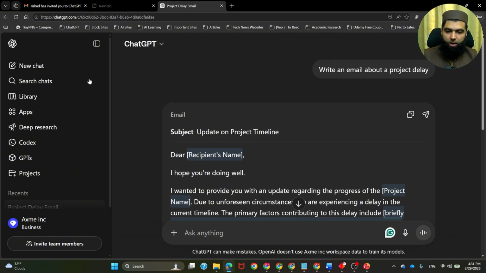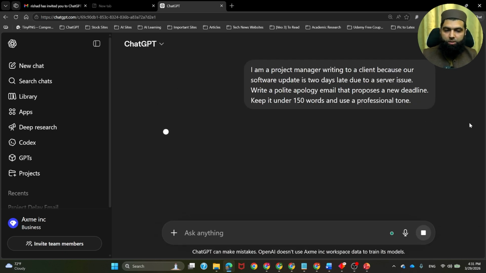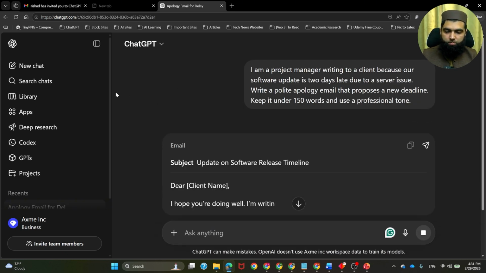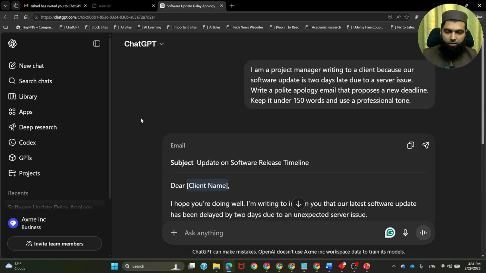Now let's try when we give it the specific prompt. This is the good prompt that we discussed: I'm a project manager, and so on. Let's run it and see what the output is. Okay, just see, it has clearly told the subject because we have mentioned the story, that our software update is 2 days late due to a server issue.